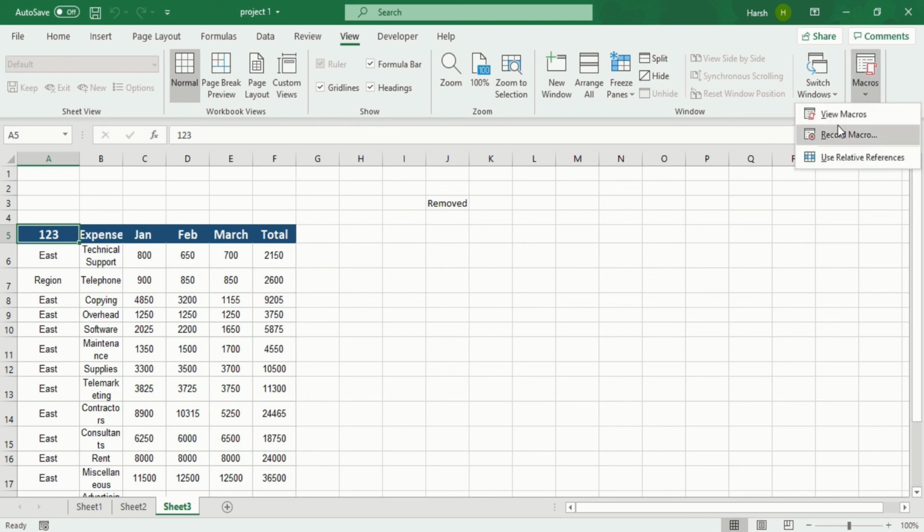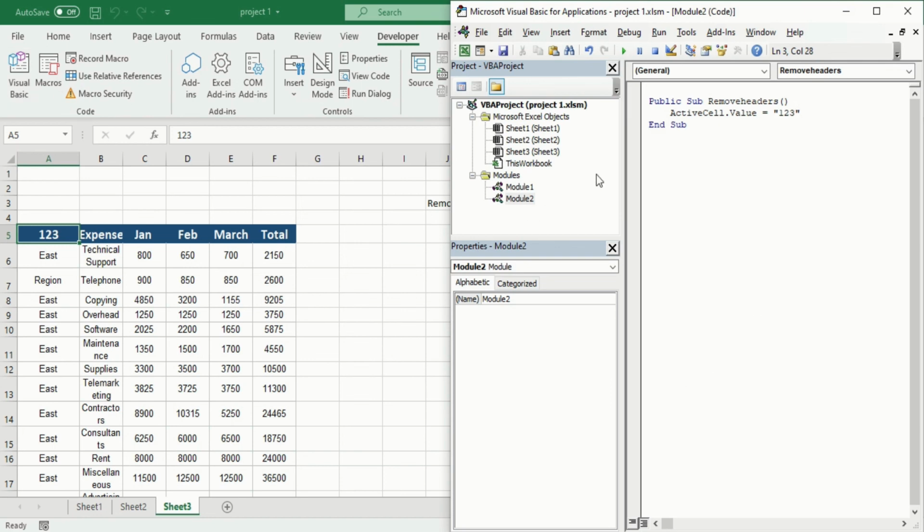So I just want to tell you that it's not as such complex as it seems, but it is a set of small simple things that make a lot of complex code. So I want to remove, that's why I put on a space, and this is how I do it. And this is a simple code that I wrote in Microsoft Visual Basic for Applications to remove headers, because I want to remove the header sign from the added headers like I have executed through the macro.